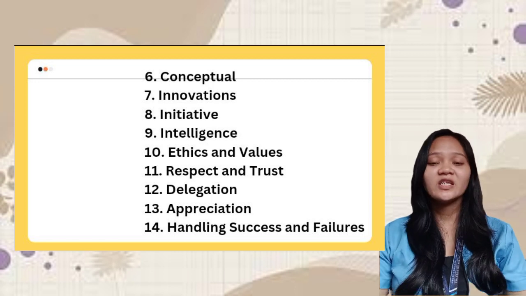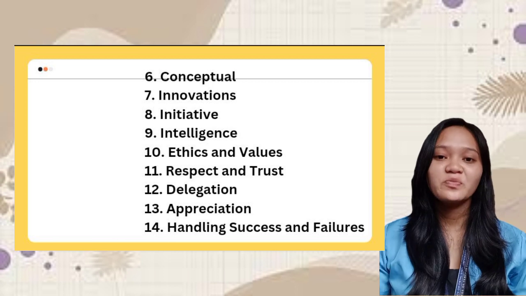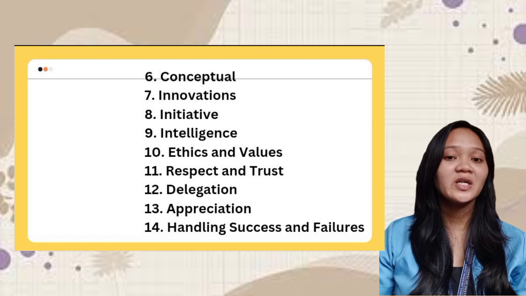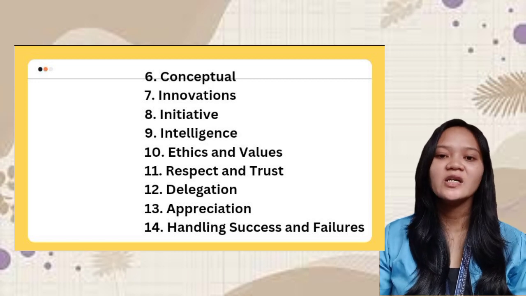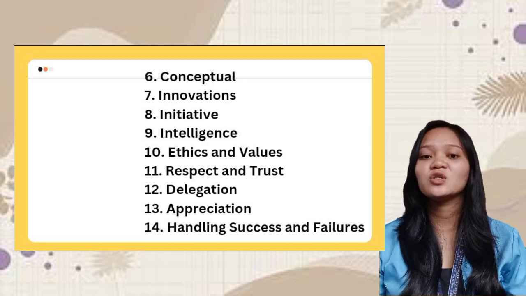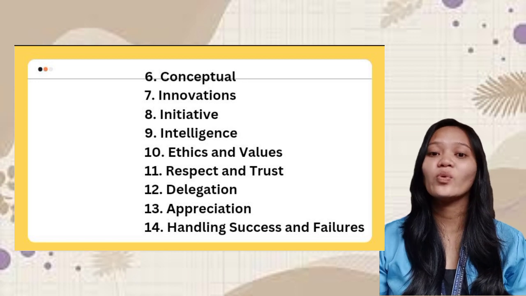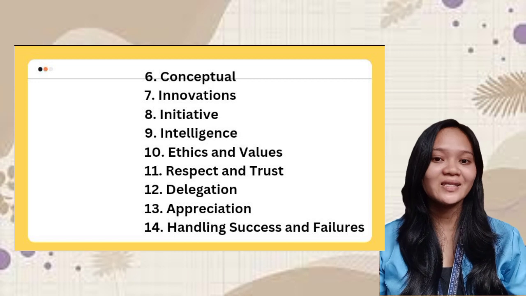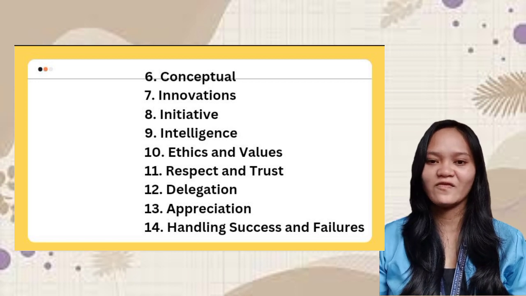The seventh one is innovation. Leadership should bring in innovations in an organization. Innovation should be creative. Therefore, the leader should have an imagination to develop new ideas or new ways to handle these activities or situations. A good subordinate expects the leader to be innovative.